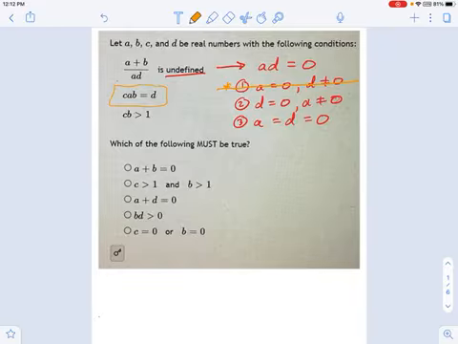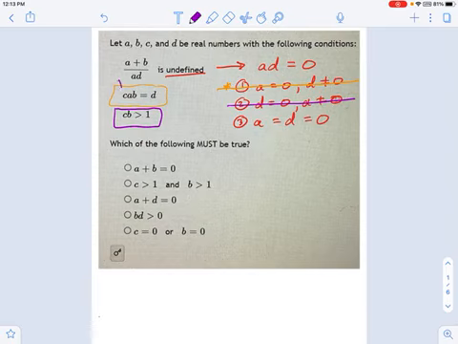And now let's move on to the third statement, which is that C times B is greater than 1. And it might not seem that important that these are greater than 1, but think about this. If C is 0, this can't be true. If B is 0, that can't be true. So what this statement says is that C and B are both non-zero. And if C and B are non-zero, that means A has to be 0 from the orange statement. Right?